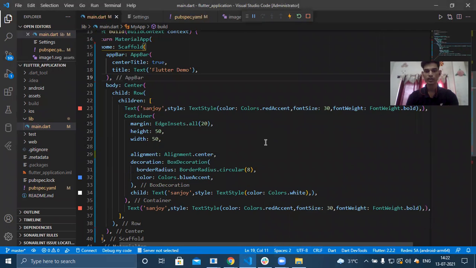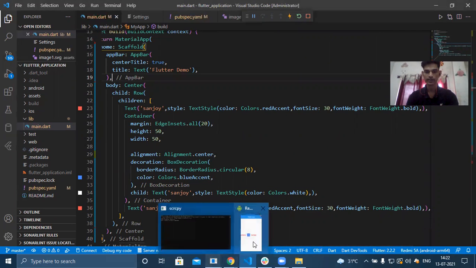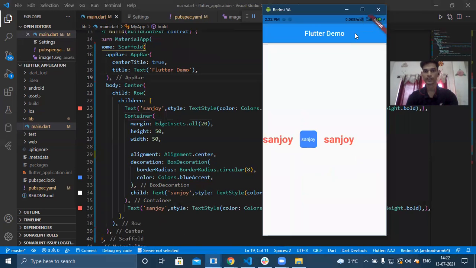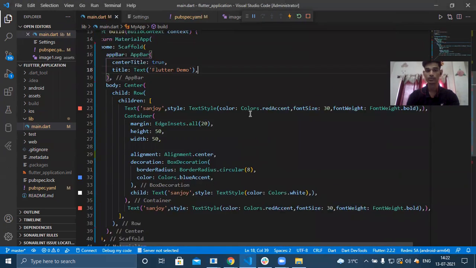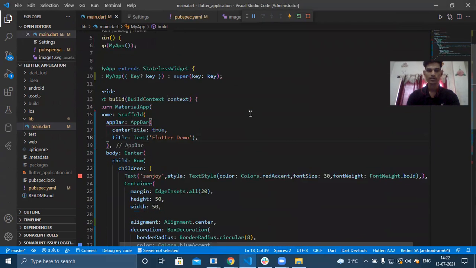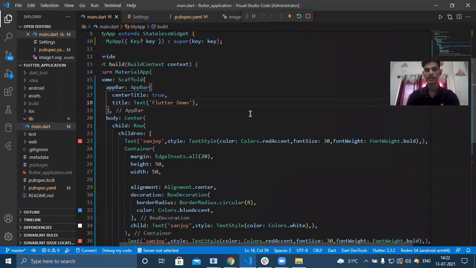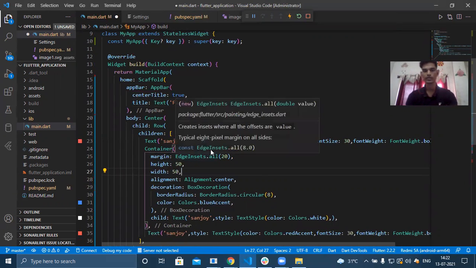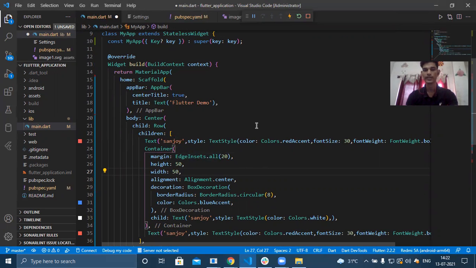These are the most commonly used attributes in Flutter, and there are many more things inside Flutter. But if I show all of them in one video, it will be very lengthy. So I'm going to make another video for other attributes and other widgets in Flutter. Apart from this, you can try these things yourself. In the next video, I'll show you another widget in Flutter. Thank you.